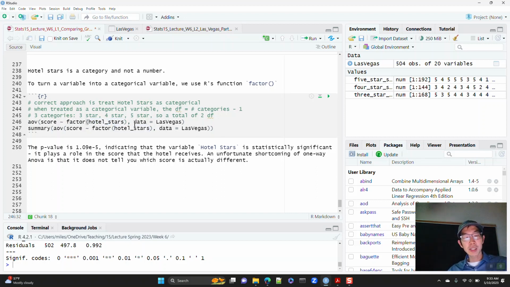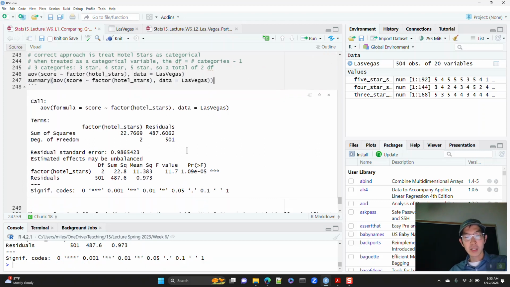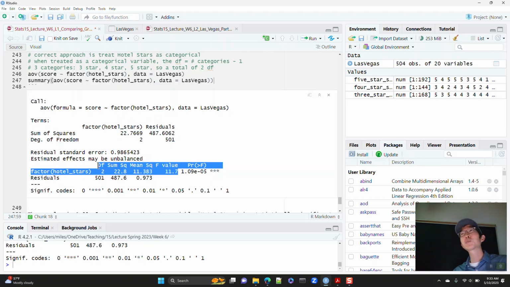So here we're going to do AOV, score tilde factor, and then we would also run summary on AOV, score tilde factor. And here, we get the p-value stored in this column. You don't need to worry about what these other numbers mean right now. At this point in your statistical career, you don't have to worry about this.